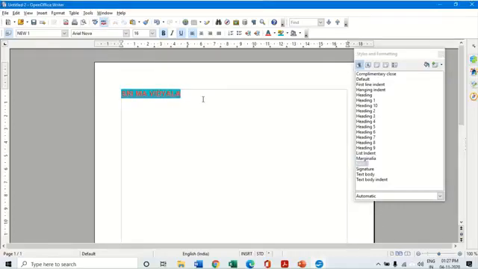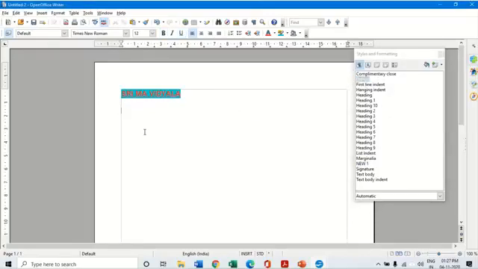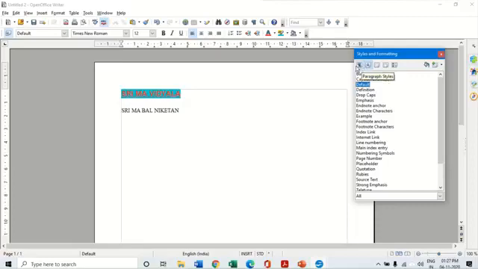Now here I can come down here, and as long as I click on default and I type another name, let's take Shri Ma Balniketan. And here I can now select this from the list of all the different formattings which are available to me.